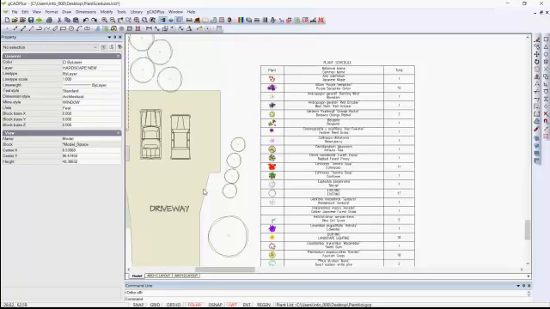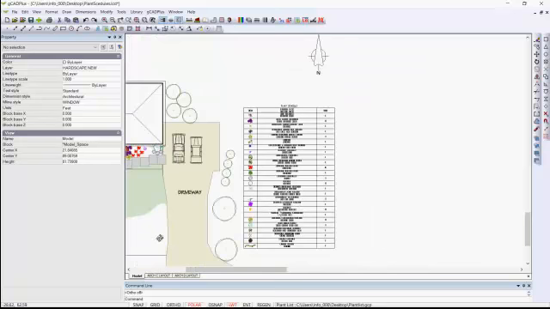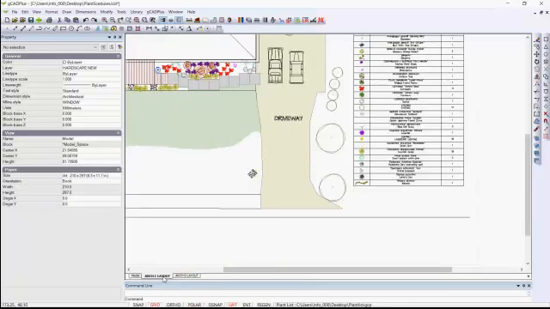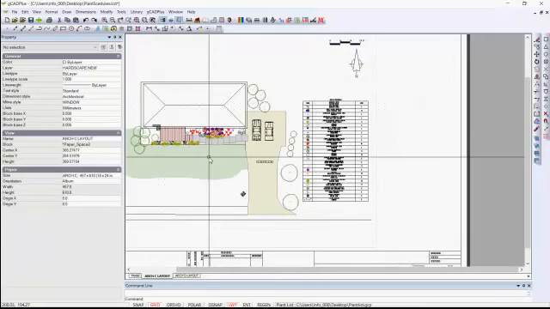The designer here has run the plant schedule, I think using a custom selection for the schedule, and has put the schedule quite close to the design itself. If I zoom out, you can see the schedule sits quite close to it. The reason for that is if we go to a layout space, we can see there's the schedule sitting alongside